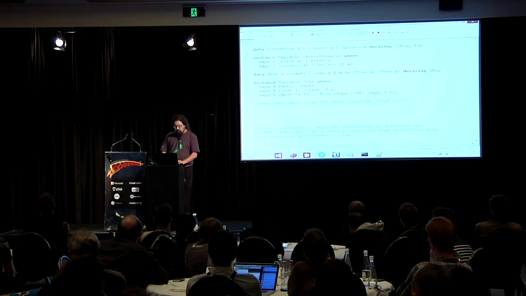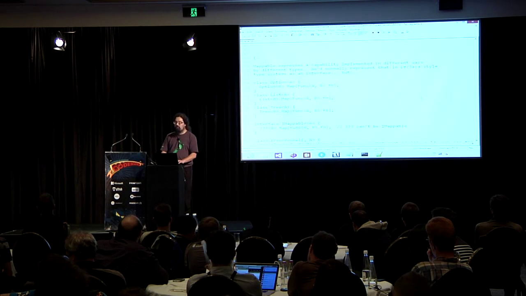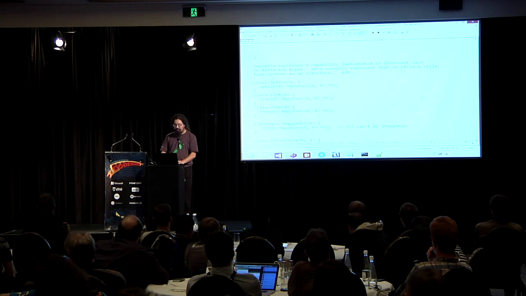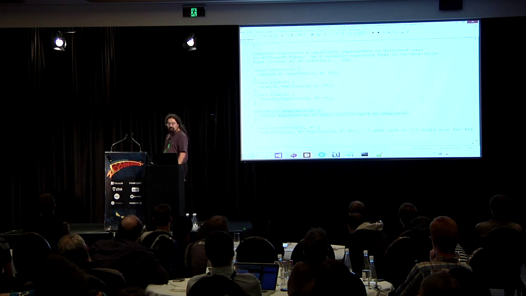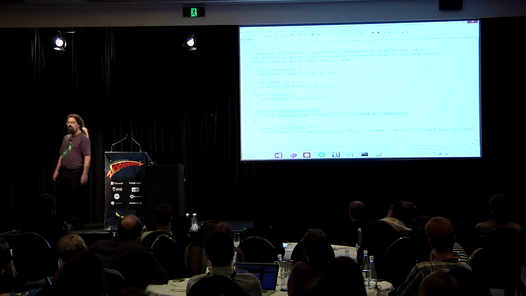Why is it not expressible as an interface? Well, I don't really have time to go into the details. The best way is to try and experience the pain and suffering. But basically what it comes down to is you want to write something like interface iMappable. It's got a map method. That map method has got to return something. And there's actually no way in C# or Java to express what is returned. But in Haskell, which has got a stronger type system, there is. And so you can have functors and monads and things in Haskell as a first-class idea much more readily than in C# or Java.